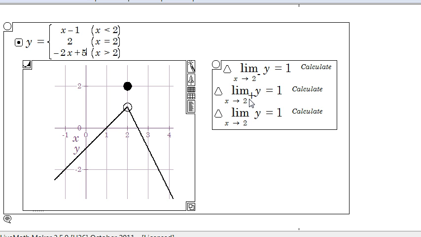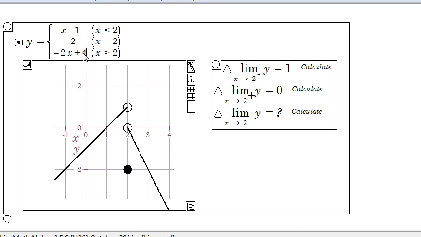Notice here in all of this that the left-hand limit, the right-hand limit, the limit have nothing to do with what the function value is here. At x equals 2, the function value is 2, yet the limit here seems to be 1. I can change this number all I want. Make this a negative 2. The limit as x goes to 2 is still 1. In this case, the left-hand limit is 1, the right-hand limit is 1. If I change it back to my original one that I had there,